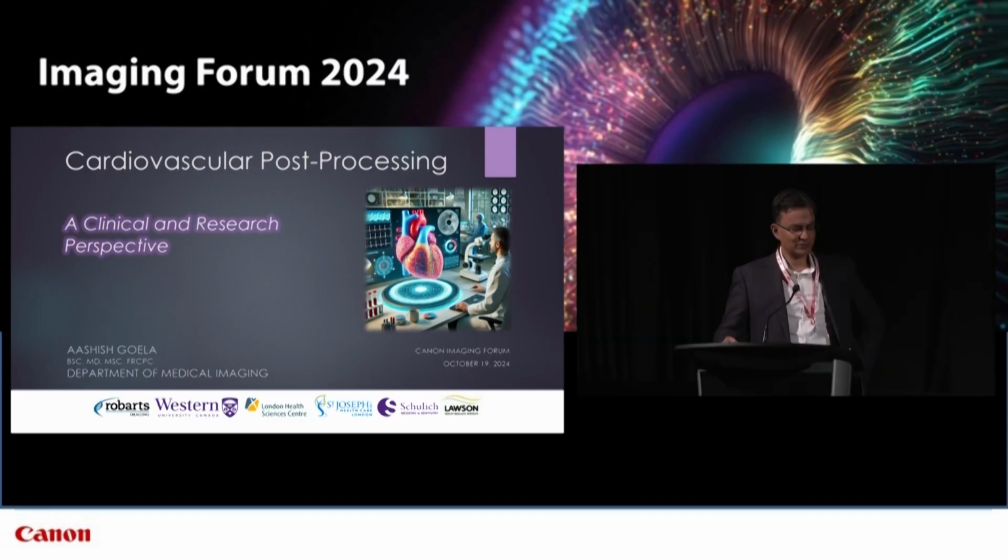My talk's going to be not so much ideation about the future, but what we actually have. A lot of you are using these tools, and when I was asked to create this talk, I thought, it's going to be a mix of academic and community folks that are here, RADs, technologists. So part of what I'm trying to do is help describe a practical approach to what I do,